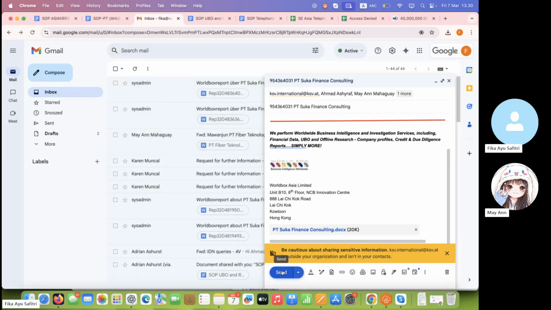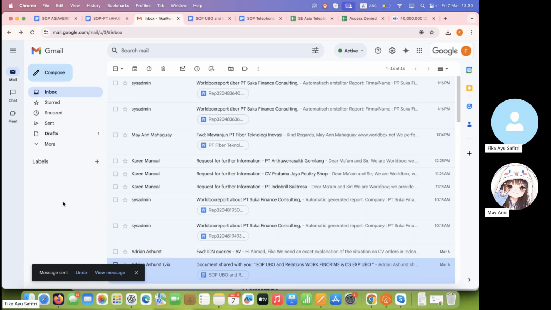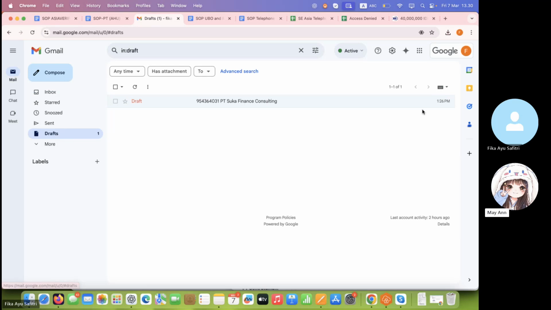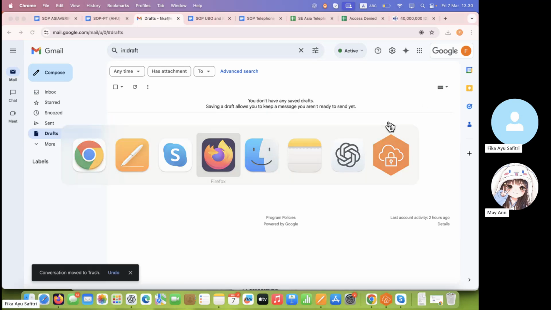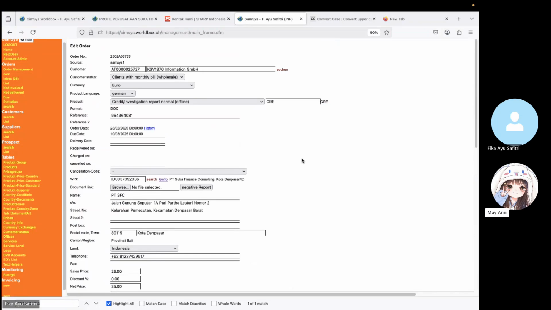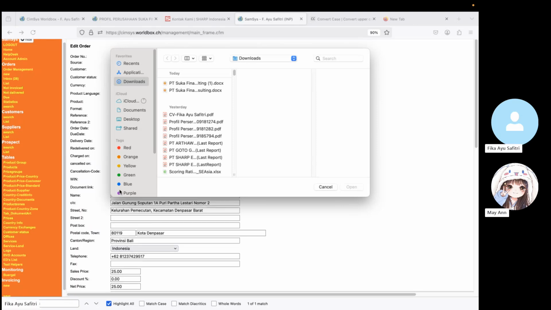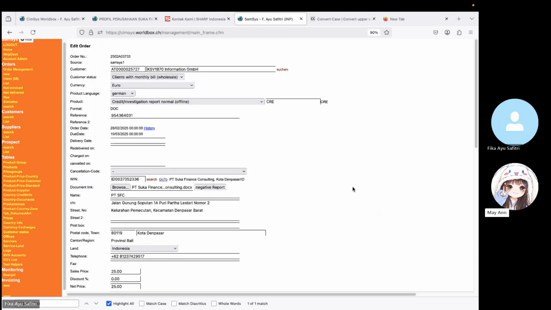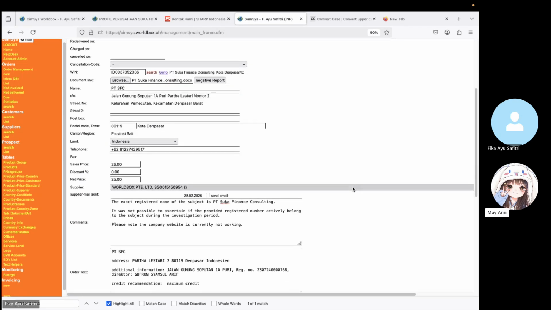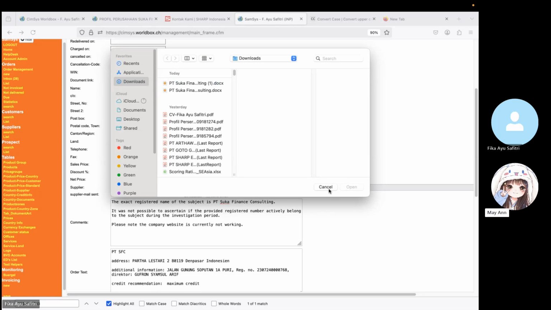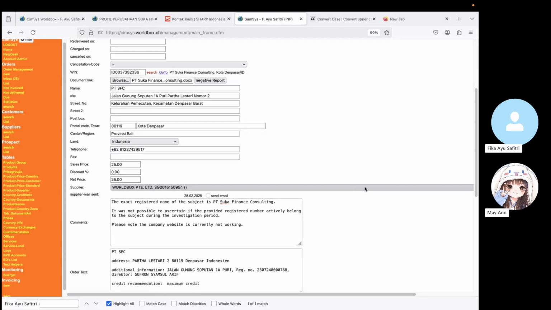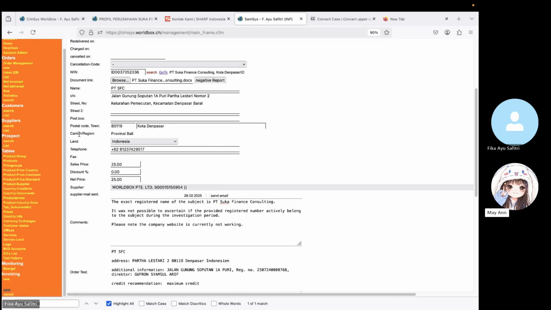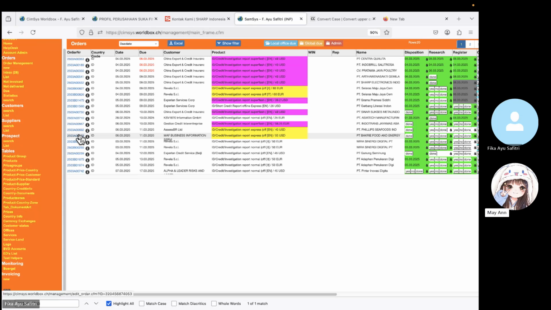And then after sending it, you have to go back to SAMSIS. We need to close the report. SAMSIS is here. So click browse. Yes. And then click the document. Then click open. Then you have to make sure that you have inserted the correct document there. Commonly you can see that on the name. Then click save. That will automatically close the order and it will not appear in SAMSIS.